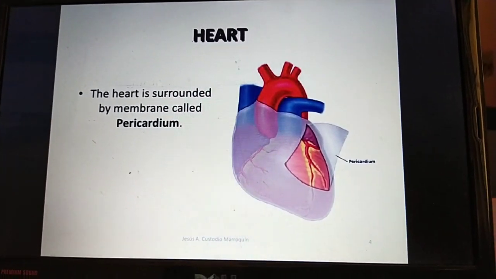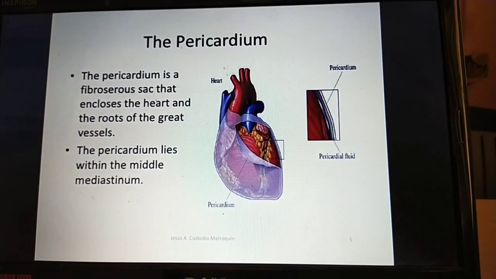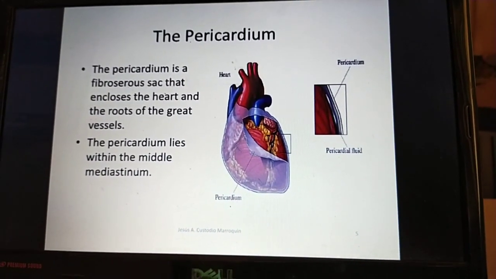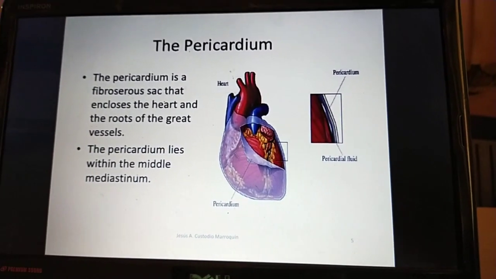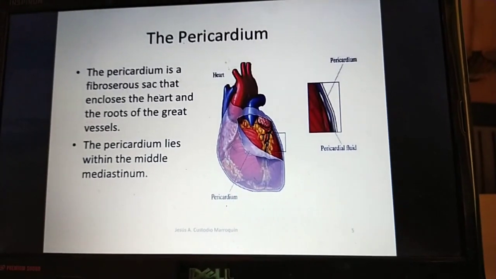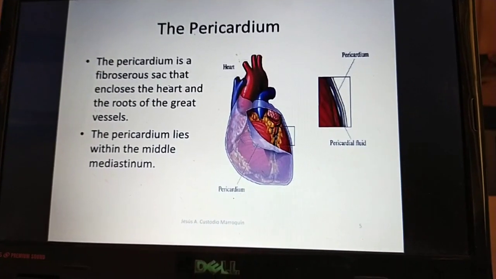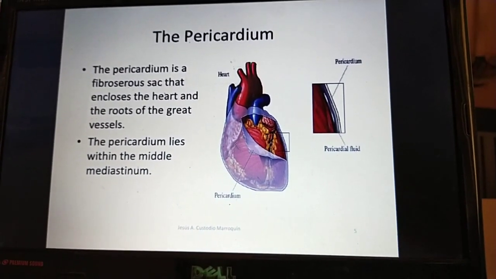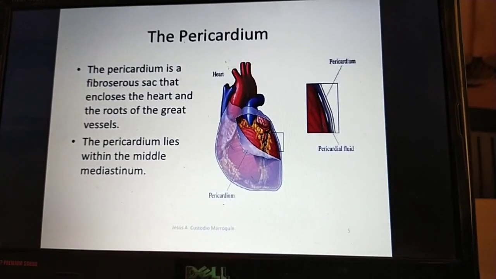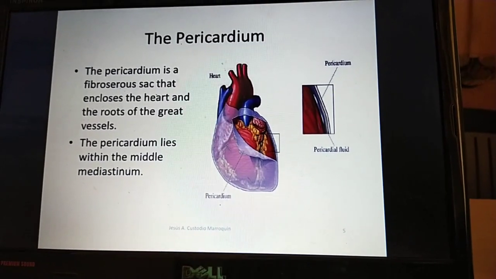The heart is surrounded by a membrane called the pericardium. Already explained about this. The pericardium is made of two layers. One is fibrous, another one is serous. Our whole pericardium is called a fibroserous sac. It is called a sac because it covers the heart, or it is sac-like. In this sac the heart is situated, because of that it is called a sac.